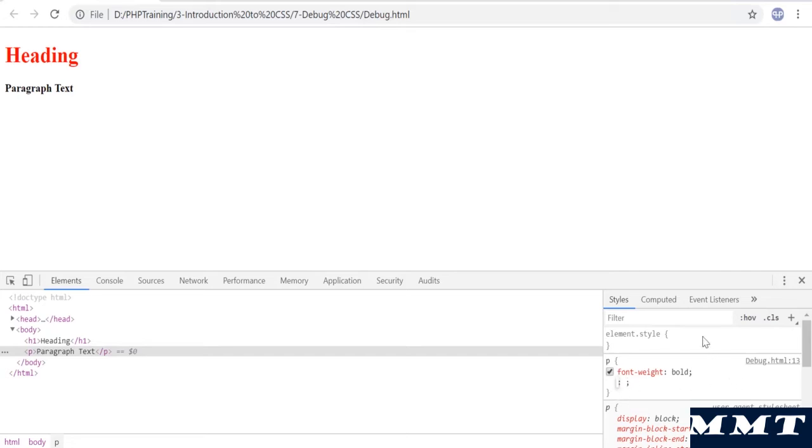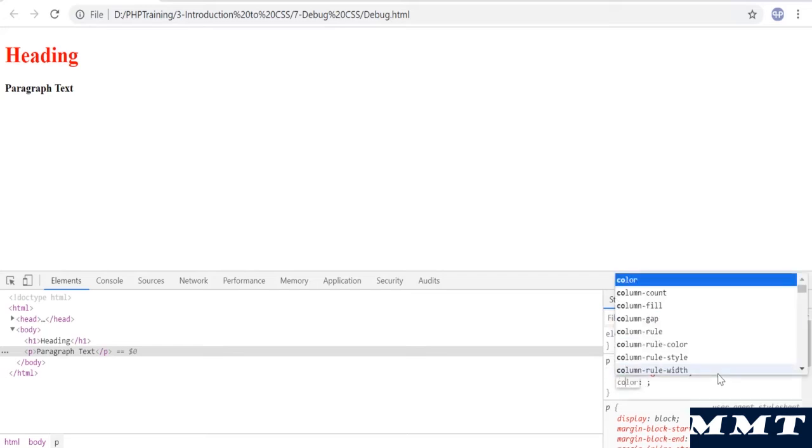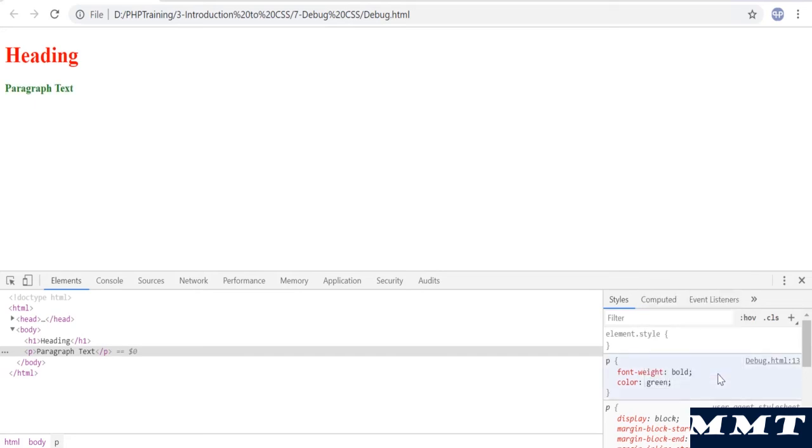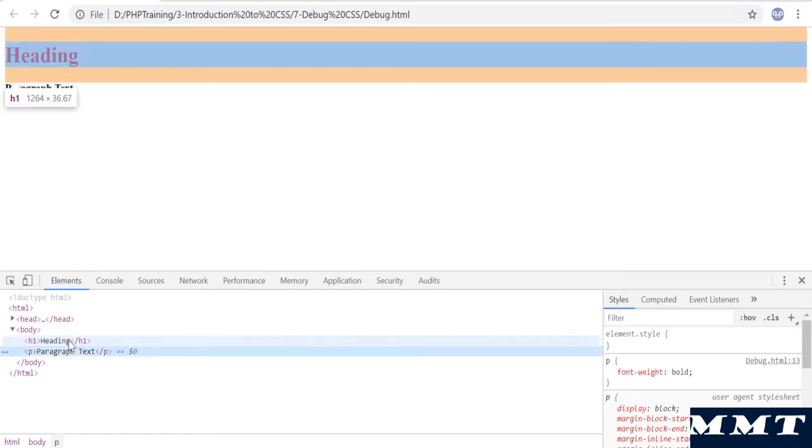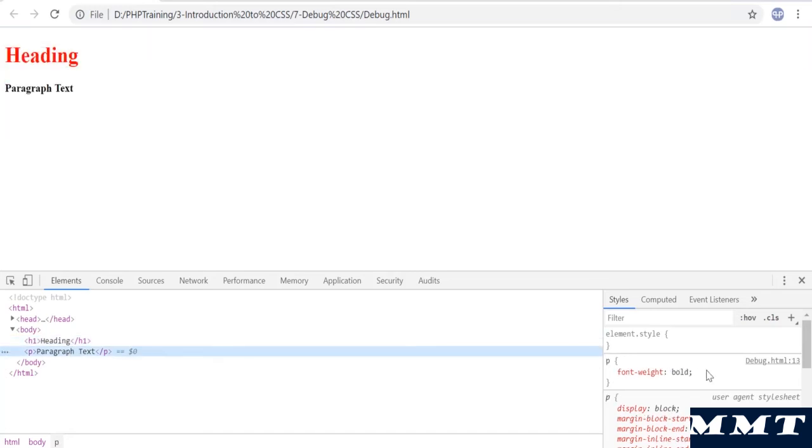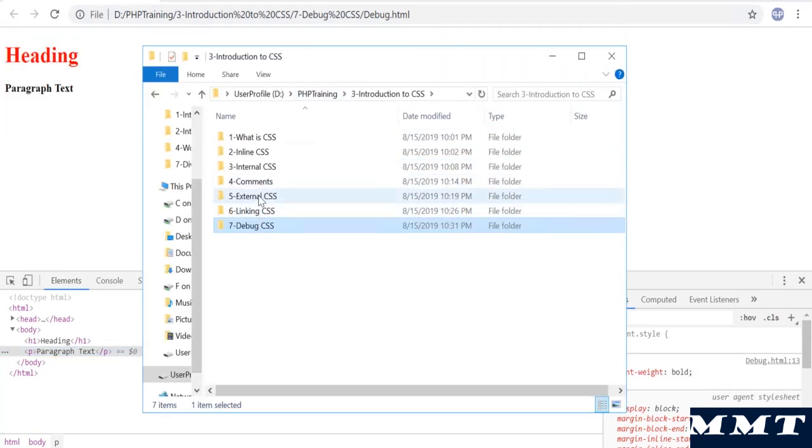How to add CSS property, you just click on it. Okay, I have just made a click here and it's asking you to add property. You can say color is green. Okay, then once I'm okay with this setting, I'll just copy this and I'll put this in my CSS file. Okay, every time you think you have made some mistake, just refresh the page, all the changes are gone. Okay, you can even click on the element to see the styles here, and you want to know where it is coming from, it is coming up from debug.html.